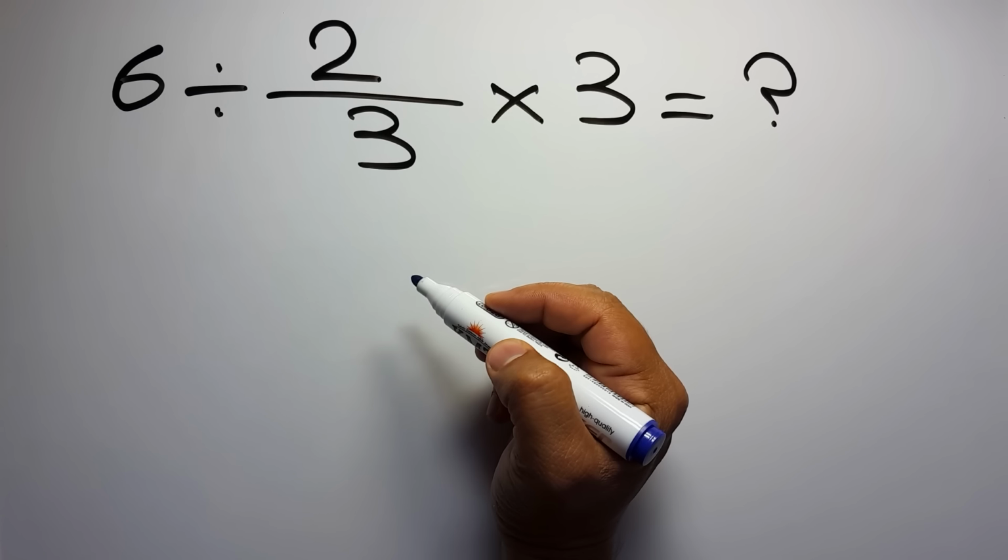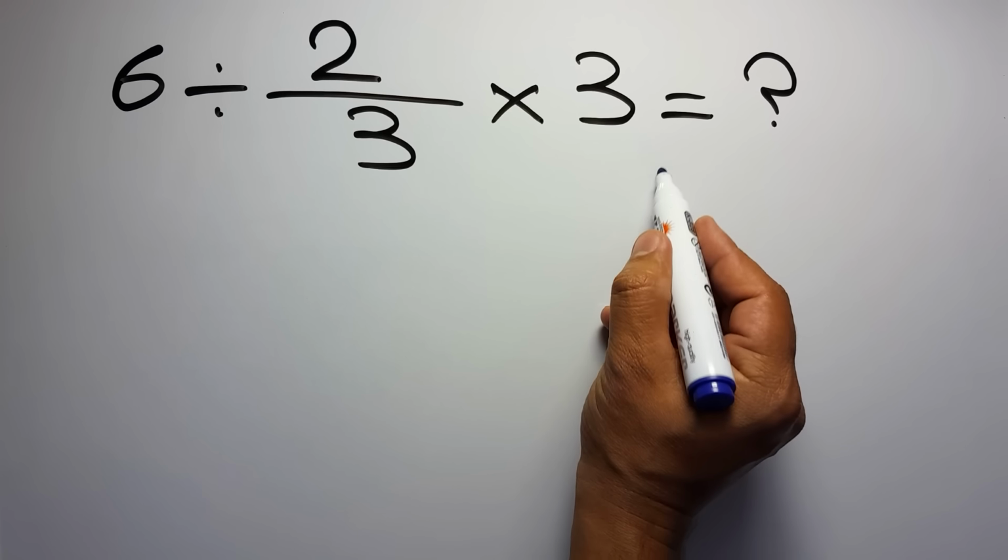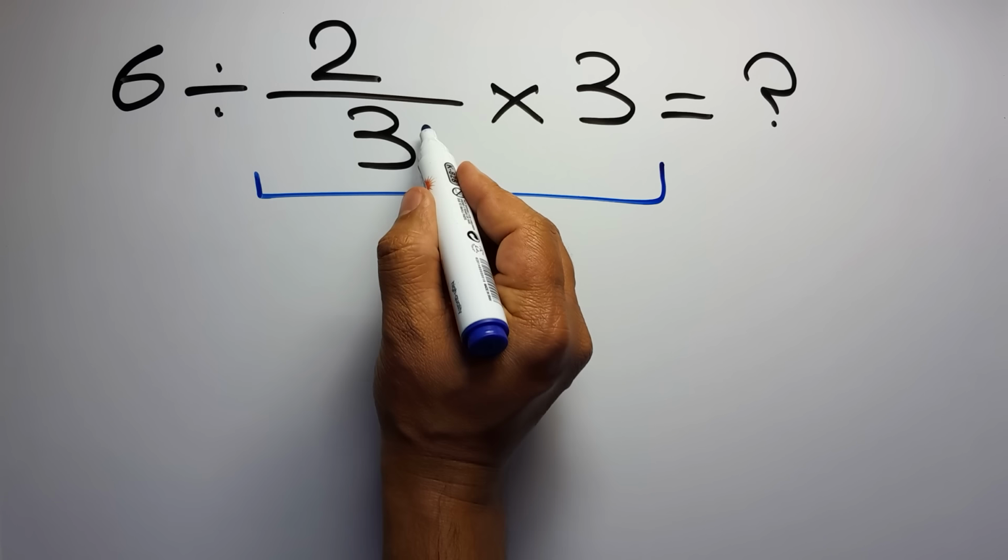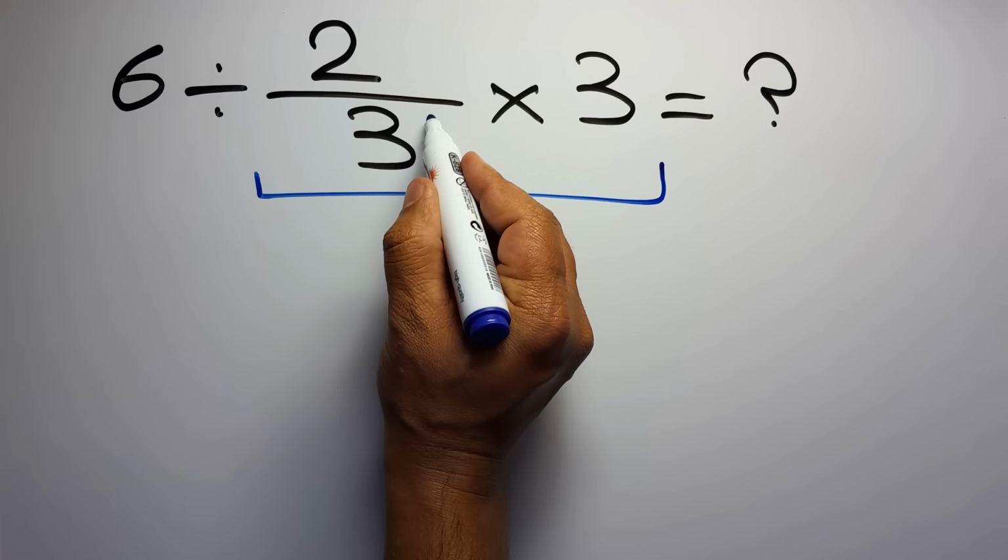First we do this multiplication. 2 over 3 times 3. We can easily cancel this 3 and this 3. So here we have just 2. And 6 divided by 2